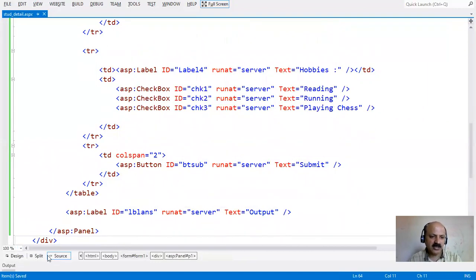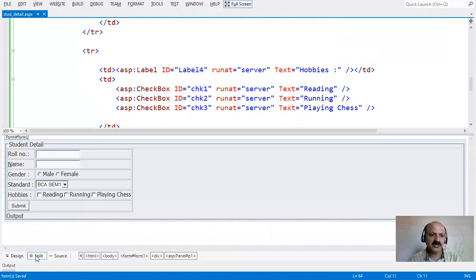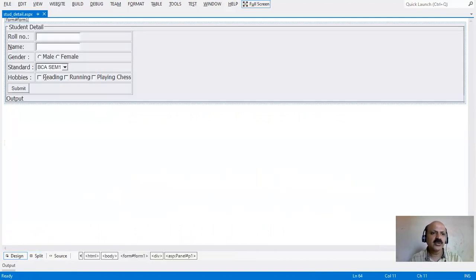There are three tabs: Split, which is the partition of this, Design, and Source code. Just click on design. It is better to use the table tag, which gives perfect right and left alignment of every control.